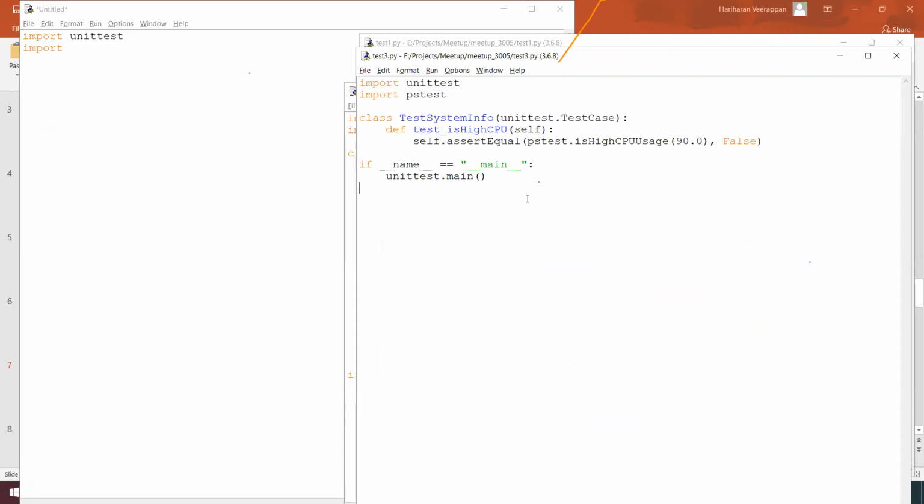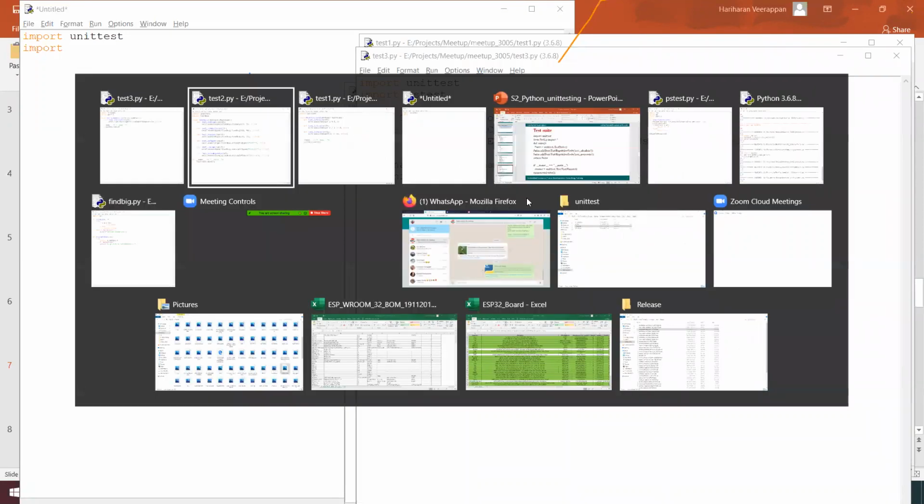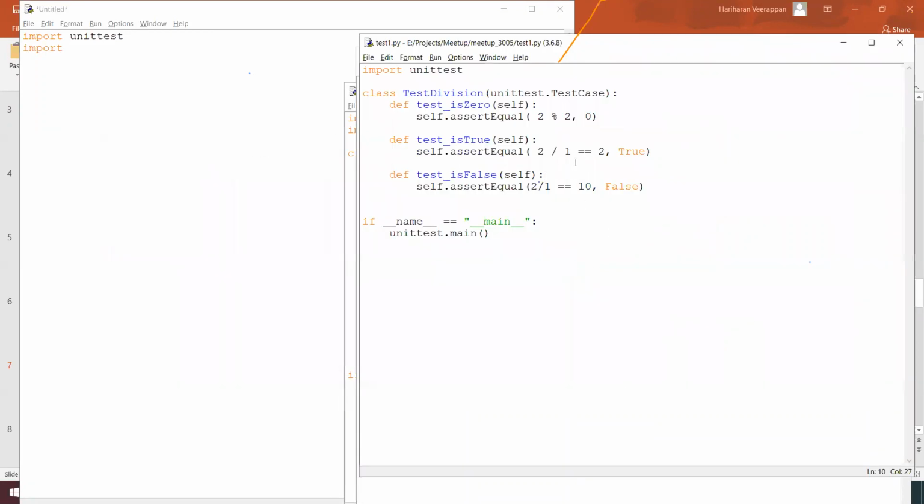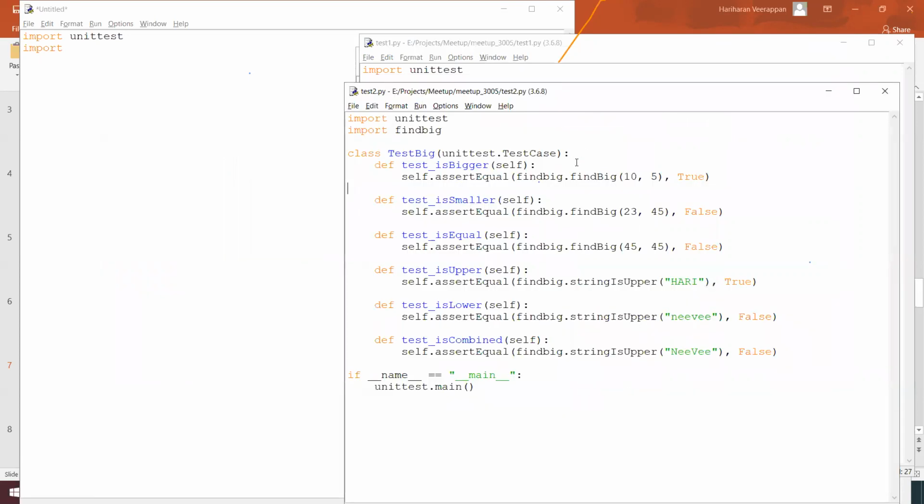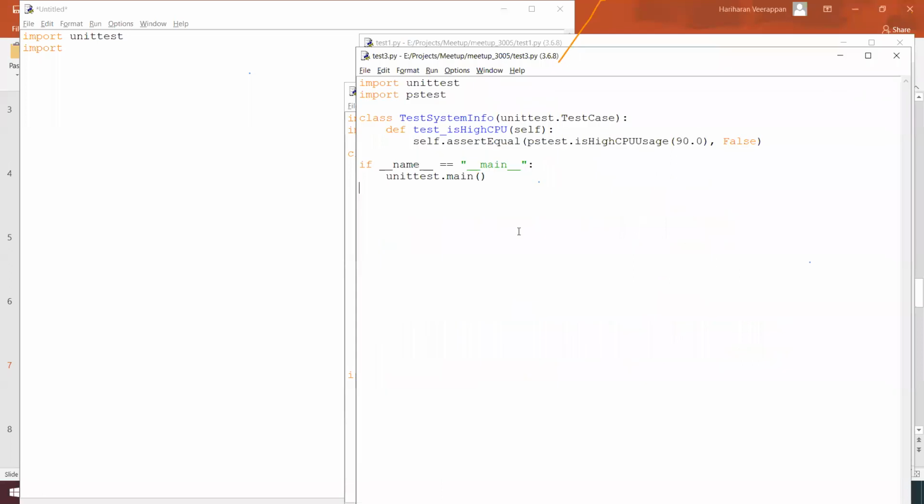Three test suites: one with the divisions, with test cases like zero, true, or false, a kind of division test case. And we have test2, which is something like bigger, smaller, equal, upper, lower, or a combined one. All of those have test cases in a similar way. Test3 includes something like